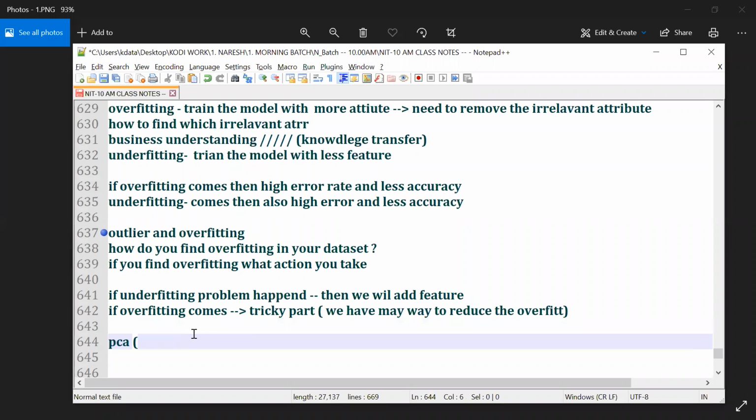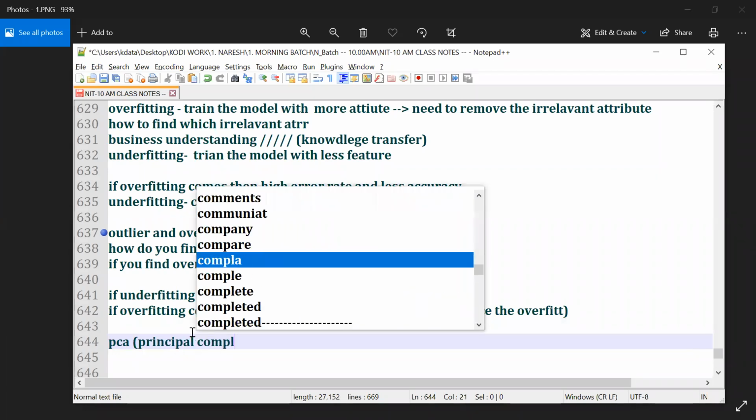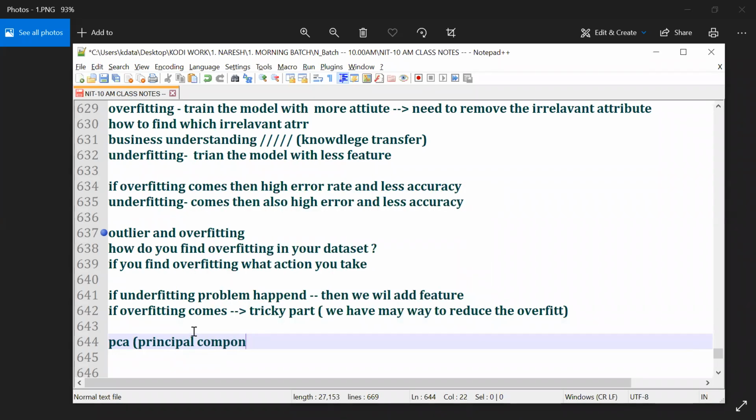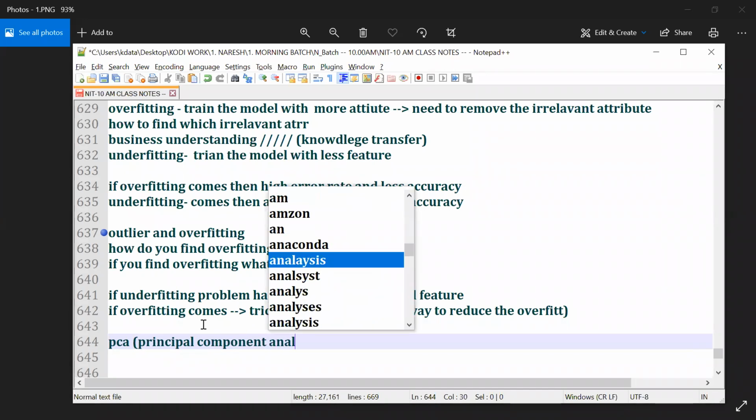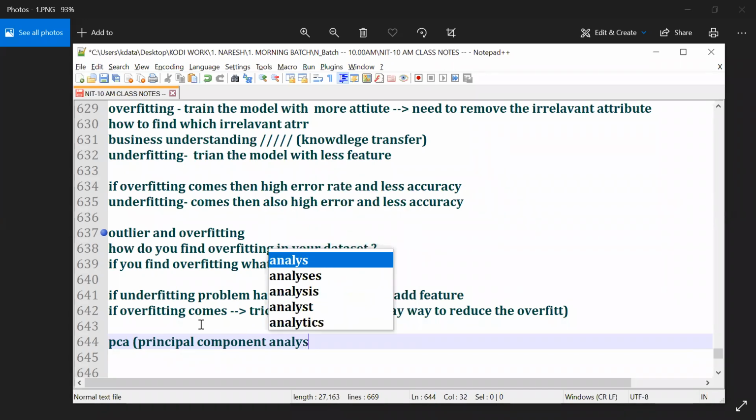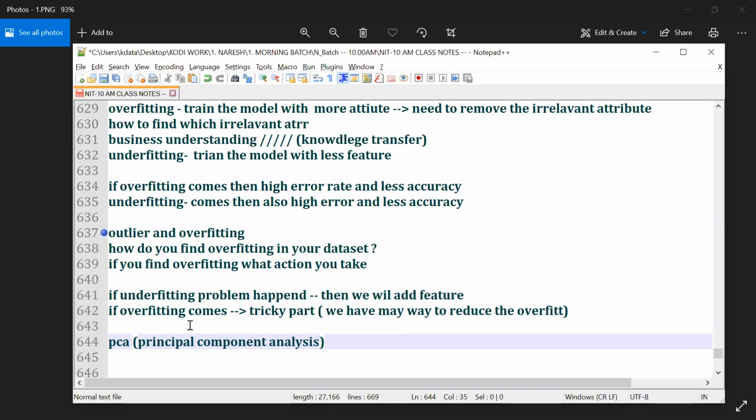What is it called? Priyanka Chopra. No, guys. Principal Component Analysis. Guys, are you understanding or not? What is PCA? Principal Component Analysis.